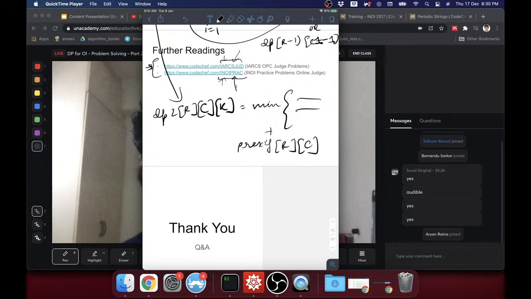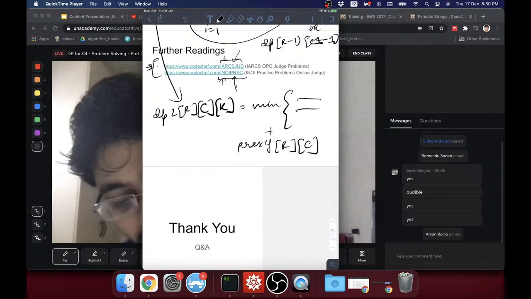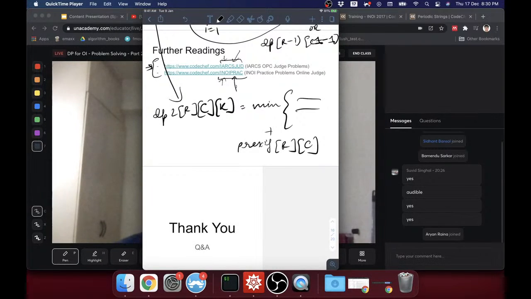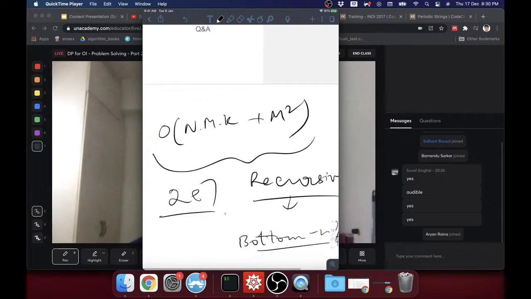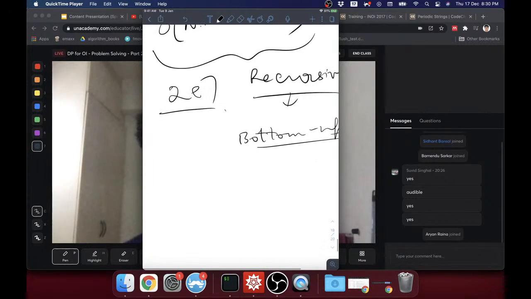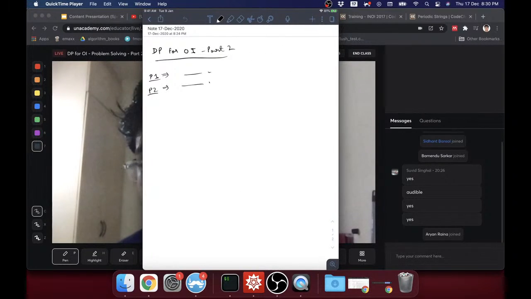And these problems are pretty old, so some are easy also, like IRCS judge problems, and there are a lot of them. Some are quite good. So if you want to practice more DP problems of the flavor of Olympiad problems, then these 2 are good sources. So moving on to today's lecture. Today we'll be covering 2 more problems again. First one is training,